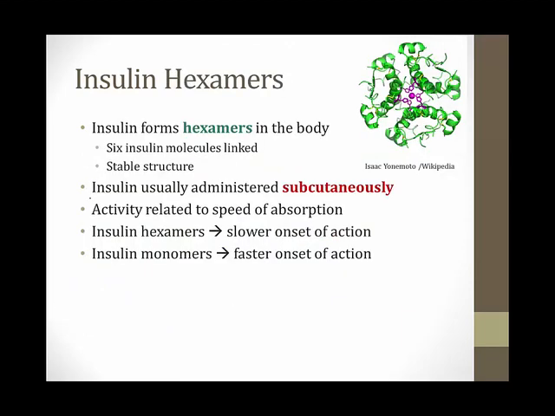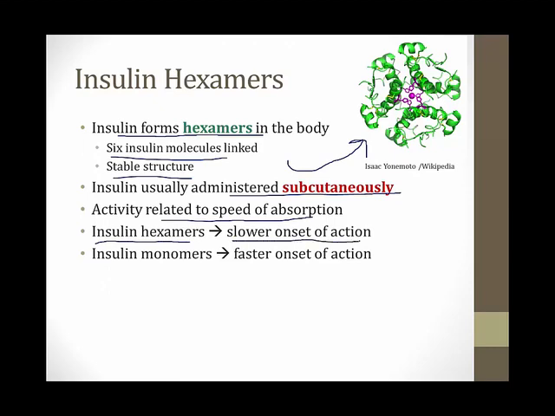So we'll start by talking about the rapid-acting insulins, and in order to understand these drugs, you need to understand that insulin likes to form hexamers in the body. These are 6 insulin molecules linked together, and it's a very stable structure. This is a picture of an insulin hexamer shown on the screen here. As I told you before, insulin is usually administered subcutaneously, and the activity relates to the speed of absorption. So insulin that is in the form of hexamers has a slower onset of action. On the other hand, insulin that is in the form of monomers is absorbed much more quickly and has a